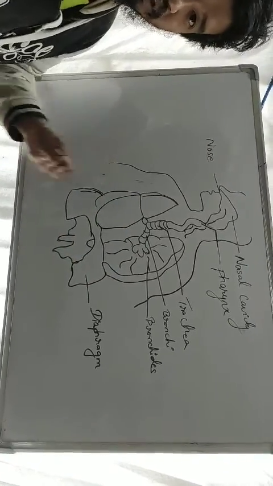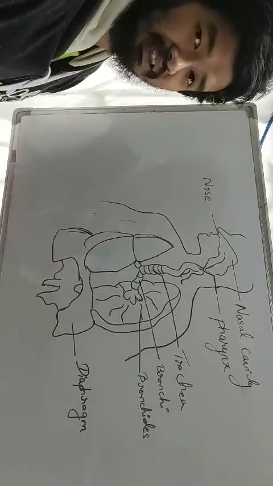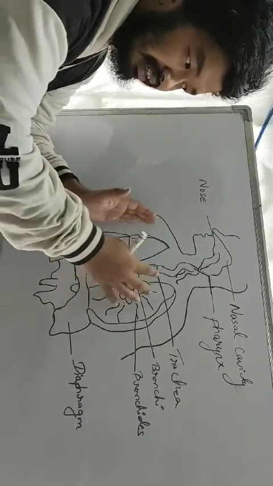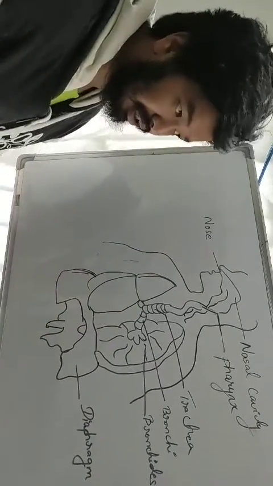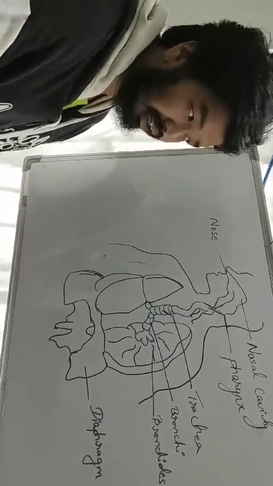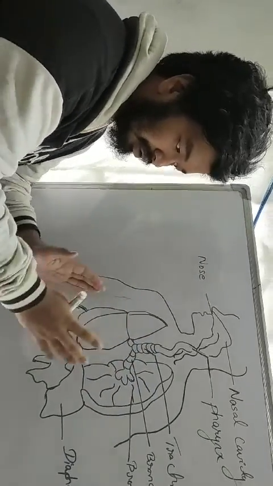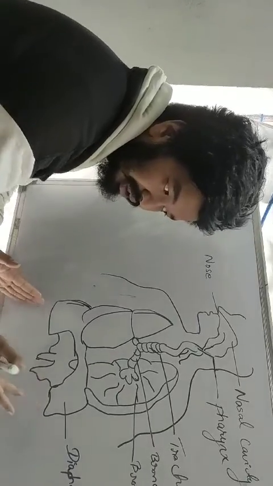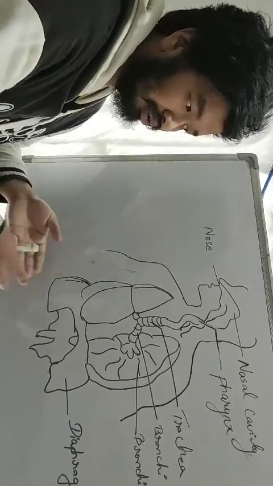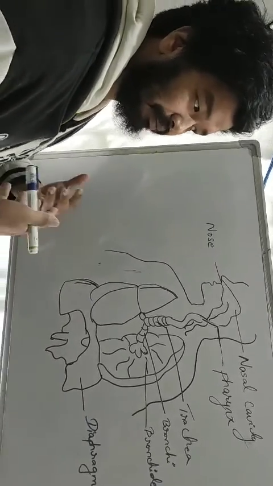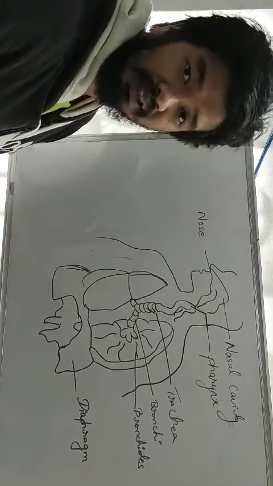These are the lungs, through which air enters and leaves the body. The place where the lungs are situated has a gap so that the lungs can fit easily. That space or gap is known as your thoracic cavity, and your lungs are protected by your ribs. Then below the lungs you can see this portion. This is known as your diaphragm. It is made out of muscle, and during respiration, during inhaling and exhaling of air, the contraction of this diaphragm takes place.